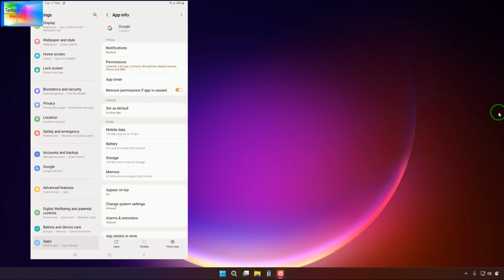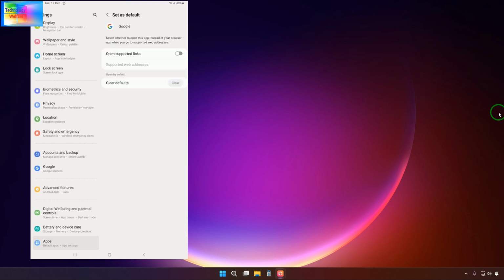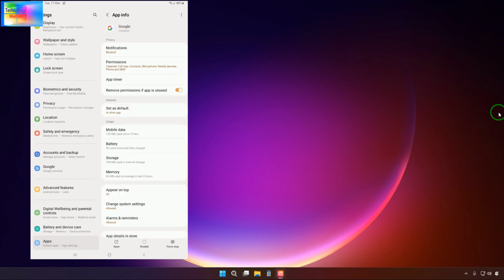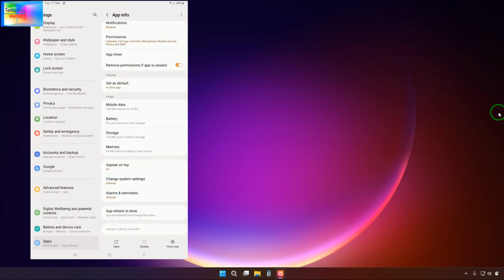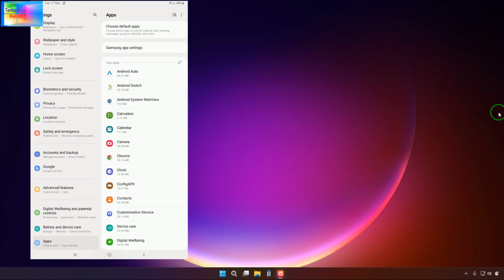This wouldn't be enabled, and thereupon if I go into set as default, here what we will do, guys, is clear this. We have to clear it 2-3 times. We have enable, we have disable, and we have to click here 2-3 times so that this will be cleared. Now what we will do, guys, is go back once again,